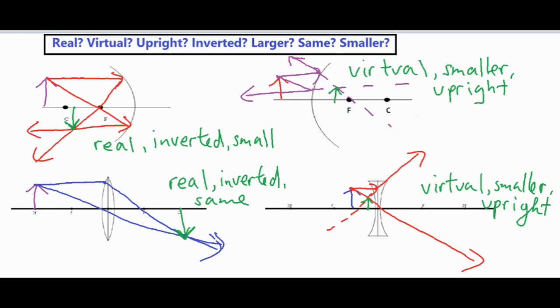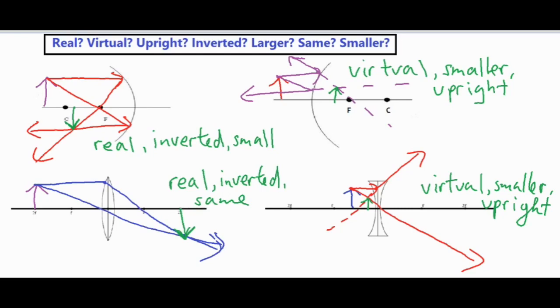Okay, so some rules for the lenses are this. If you have an image created on the opposite side of your object, then it's going to be real, because then that's where the light is supposed to actually be converging if it's going to do so. And then secondly, again, if you take a look at the orientation of it, you can tell if it's going to be inverted or if it's going to be upright. And then comparing the size of our image and our actual object, you can tell whether it's the same, smaller,